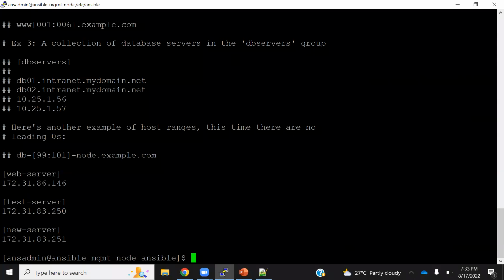So if you see here, 3 machines are there: web server, test server, and new server. I already told you new server is not a genuine server. It is just something I have kept. So when you run the command,